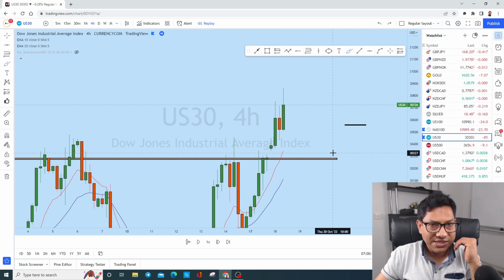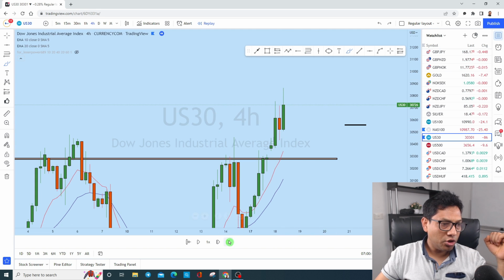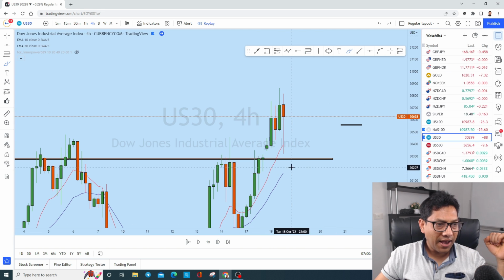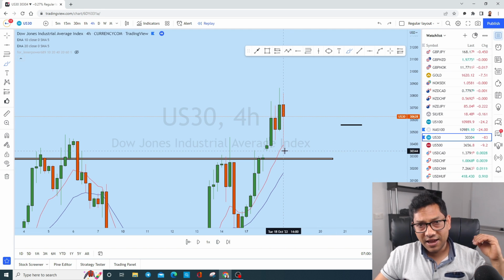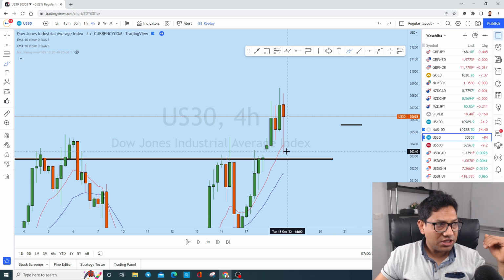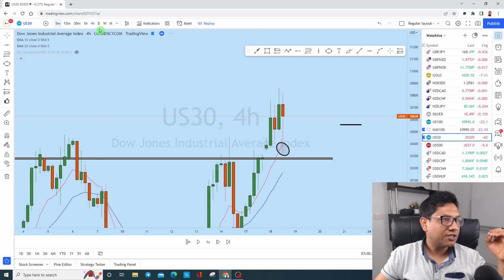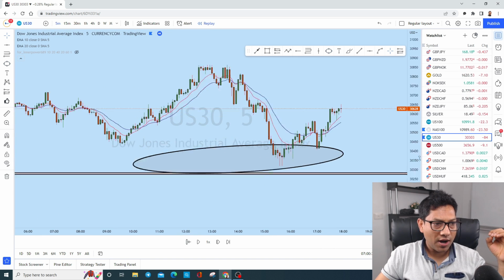So when you are scalping, what you need to do is wait for the price to come back and then have a strong rejection. Now this is the 4 hour. Let's say, how do you in fact trade this candle? Let's jump onto the 5 minutes time frame and see what happened.